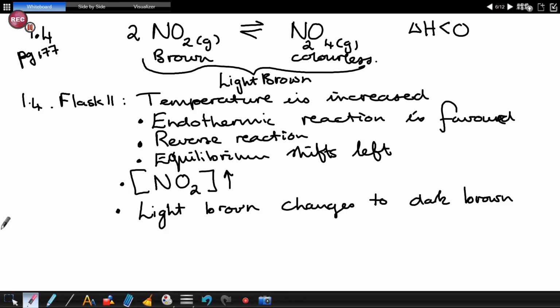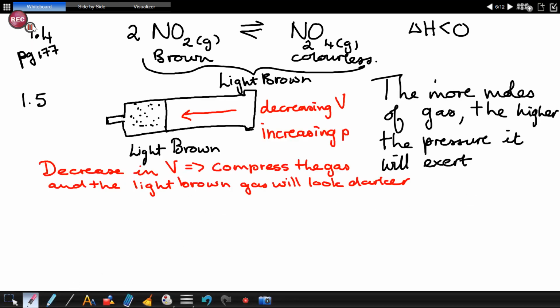I think question 1.5 was more of a problem. Exactly, because now we haven't really spoken about the pressure. The light brown gas will look darker, but by increasing the pressure,